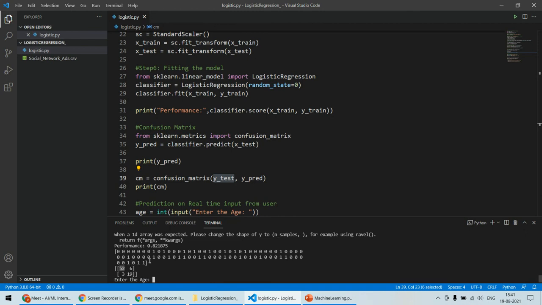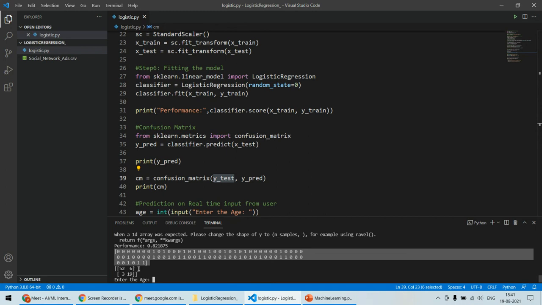तो इसमें से हमें ये 52 आउट ऑफ दिस 80, 52 ट्रू पॉजिटिव है। वो डेटा सेट में भी पॉजिटिव है, डेटा सेट में भी उनका वैल्यू वन ही है, और जो प्रिडिक्ट किया है उसका वैल्यू भी वन है। 19 हमें ट्रू नेगेटिव मिला है, मतलब डेटा सेट में भी वो जीरो ही है और प्रिडिक्शन के बाद भी जीरो ही मिला है, नॉट परचेस ही मिला है। 6 ऐसे है जो कि हम बोलेंगे फॉल्स नेगेटिव है। ओके, फॉल्स नेगेटिव मतलब डेटा सेट में परचेस्ड है लेकिन प्रिडिक्टेड उनके लिए है नॉट परचेस्ड। और ये जो 3 है वो है फॉल्स पॉजिटिव, डेटा सेट के अंदर उन्होंने परचेस नहीं किया है लेकिन प्रिडिक्शन करने के बाद हमें पता चला है कि दे हैव परचेस्ड, तो दिस इज फॉल्स पॉजिटिव। तो अकॉर्डिंगली वी गेट डिफरेंट रिजल्ट,